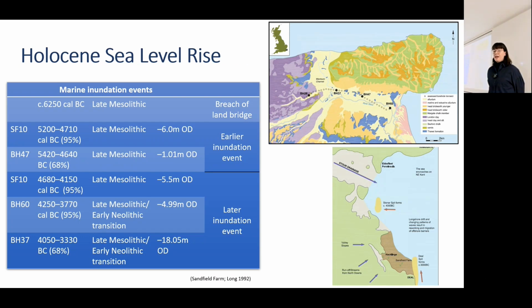Moving forwards in time, after the early Holocene period, we've got rapid sea level rise and an increase in temperatures, and the Wantsum Channel starts to fill with marine water. And the timing of this is rather interesting. A lot of our results corroborate the sand-filled farm